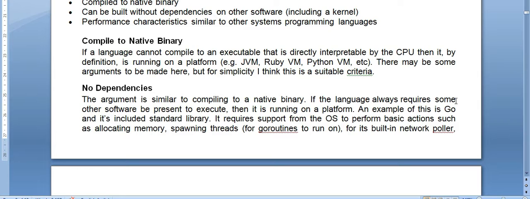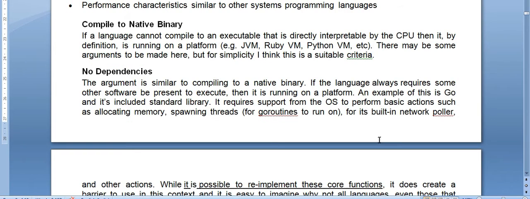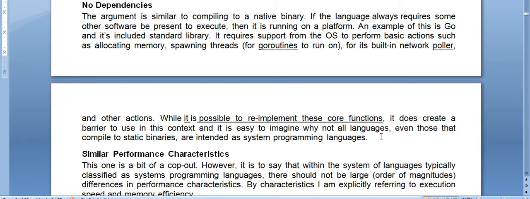No dependency means the argument is similar to compiling to native binary. If the language always requires some other software to be present to execute, then it is running on a platform. An example of this is Go and its included standard library, which requires support from the operating system to perform basic actions such as allocating memory and spawning threads for its built-in network poller and other actions.